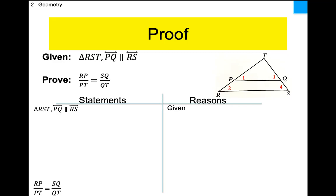All right, the book decides to do this, okay? Which is what we literally just said, right? Okay, so if that's the case, then what did we say? That the triangles are similar. So what do you want me to say? TPQ is similar to TRS. All right, I'll buy that. I didn't name them like that, but